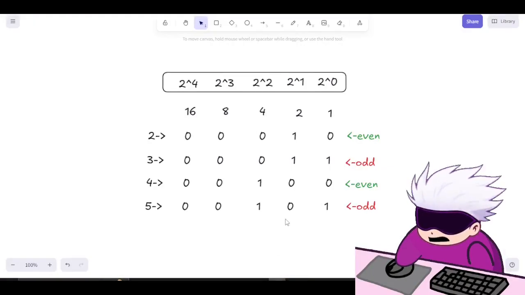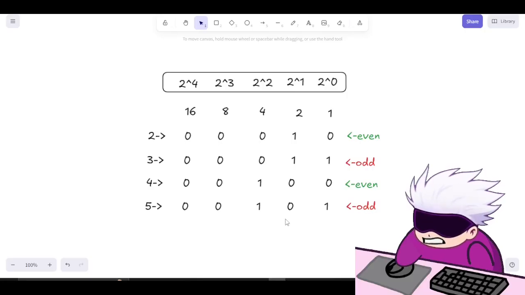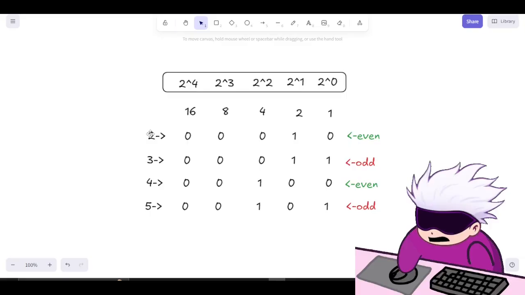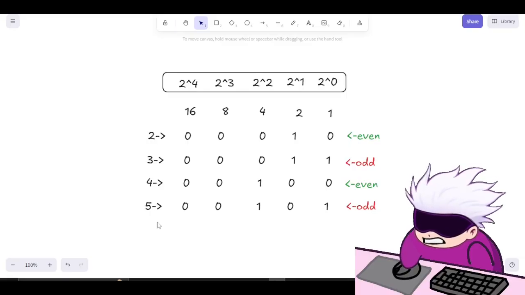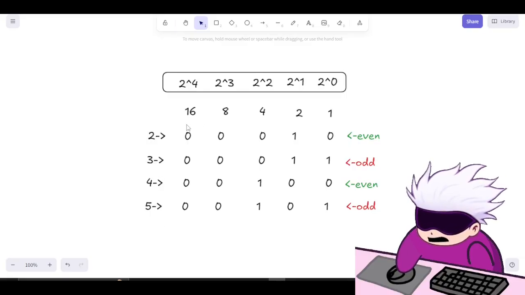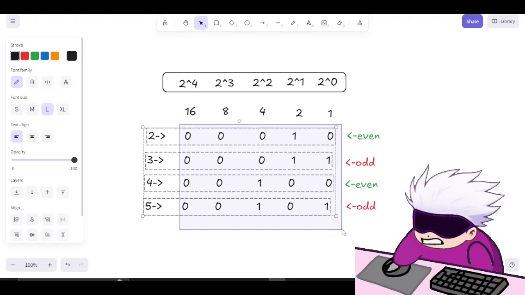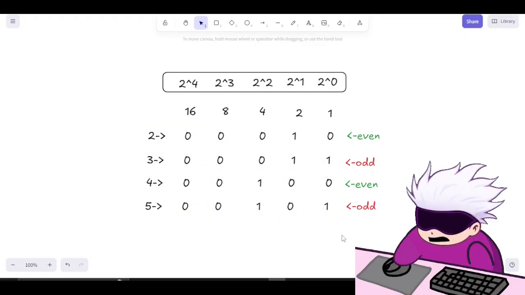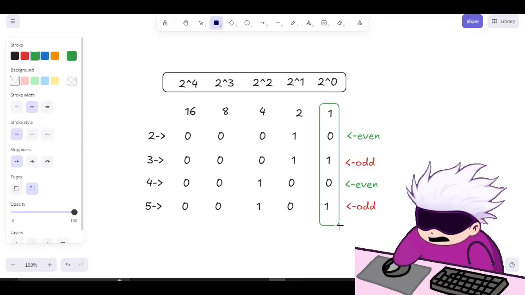So here, what do we know about even and odd numbers at the basic level? Take the numbers 2, 3, 4, 5. These are the numbers and here is their binary representation. We just focus on this last column.